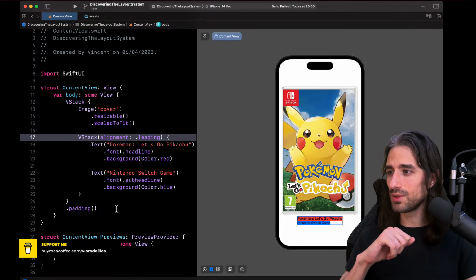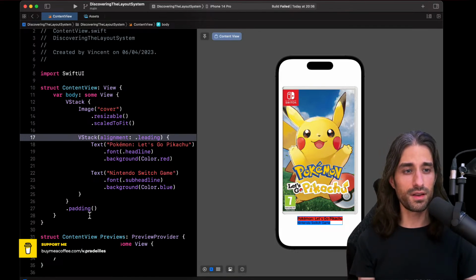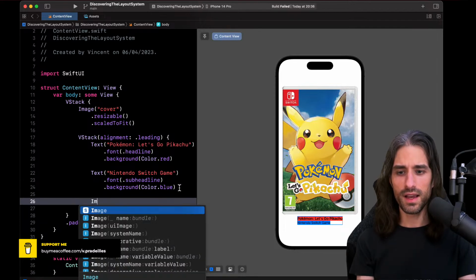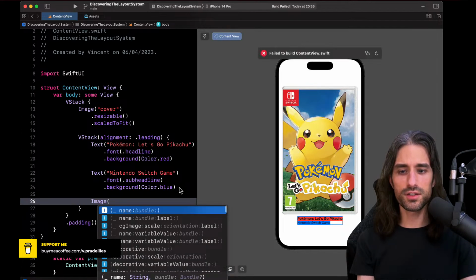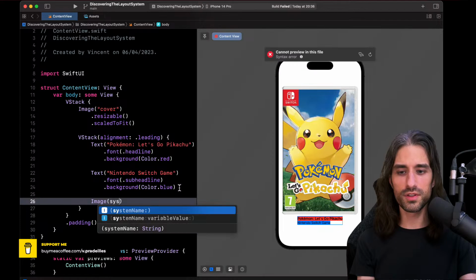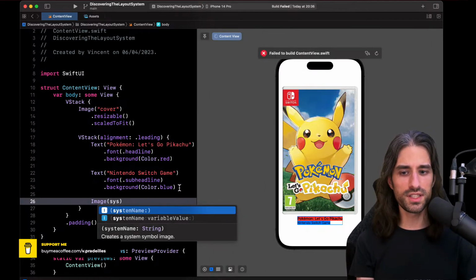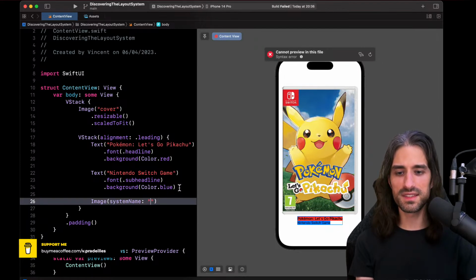So we are going to use SF symbol for that. So where do I put the rating? I'm going to put it inside the inner VStack. And so to create an image from SF symbol, we use the image view, but with a different initializer, the one I pointed out just before with system name.